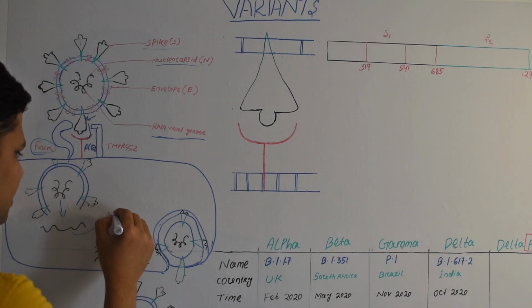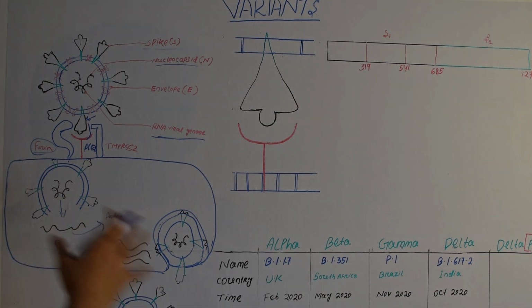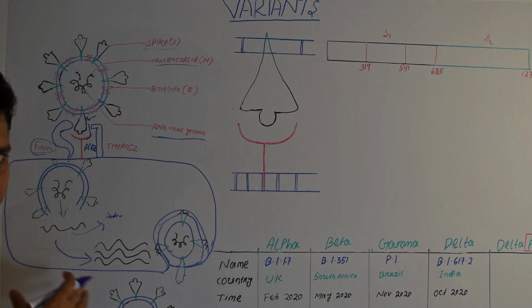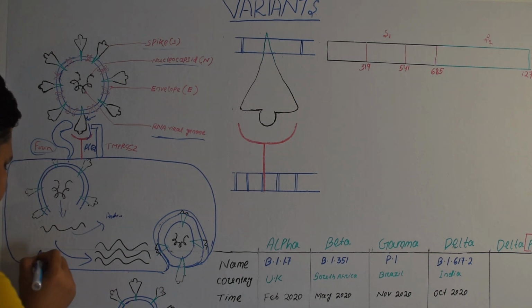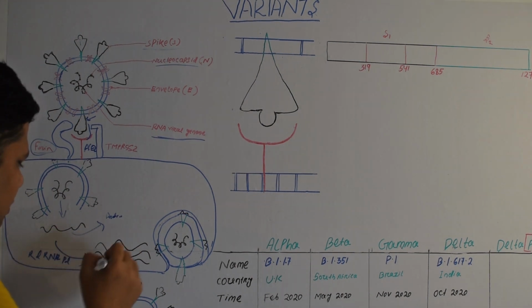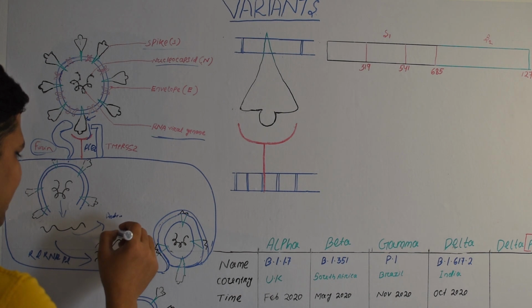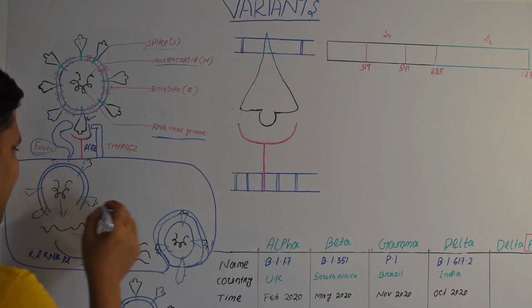Simultaneously, it also replicates its RNA using RNA dependent RNA polymerase. After the replication, the RNA also makes several capsid proteins,